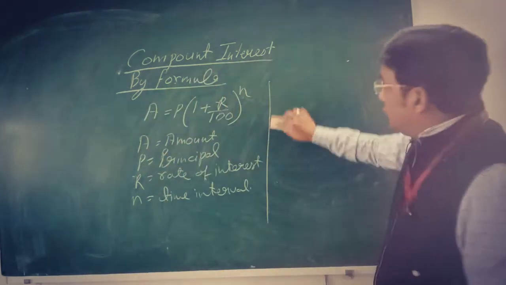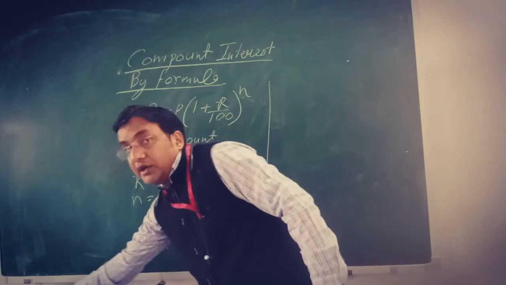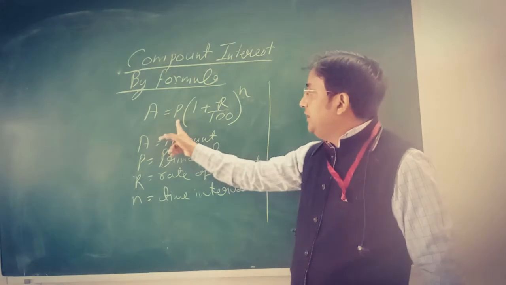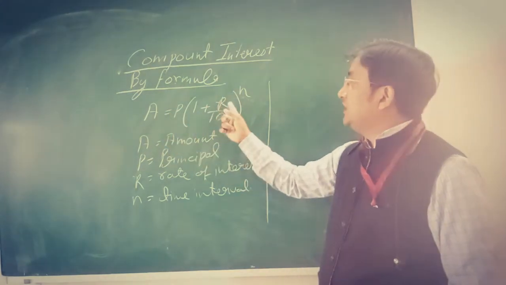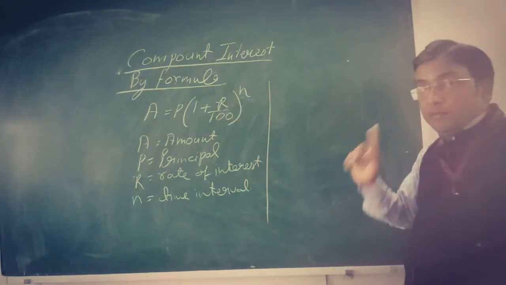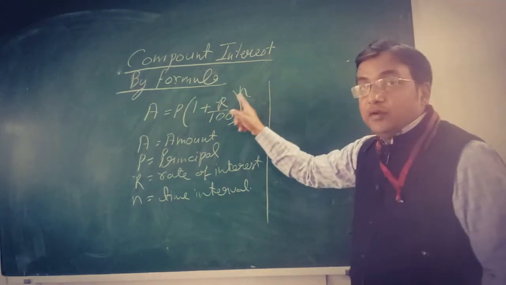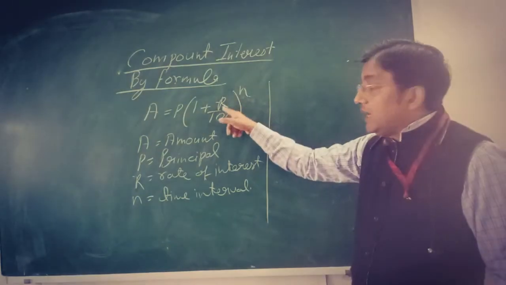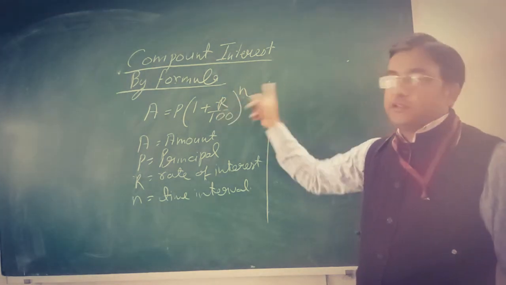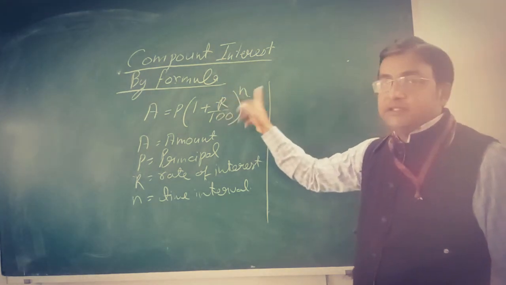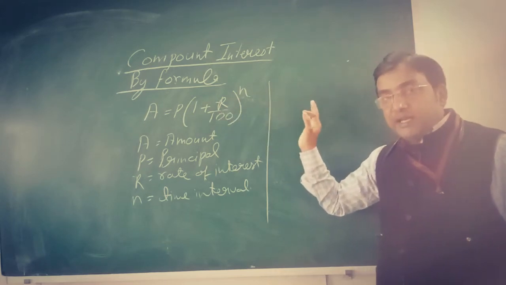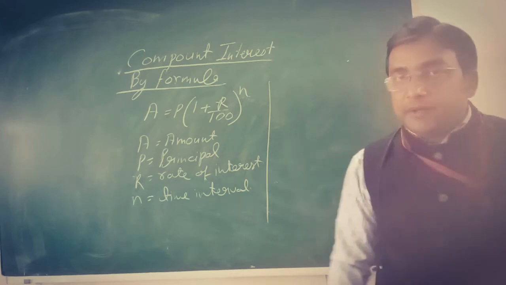Now what is the basic thing you have to keep in mind in this formula? I'll show you some tricks also. See, in this formula, A and P do not change. The only things that change are R and n. Remember, R and n will only change. And who will tell you when to change them? I will tell you by taking an example.